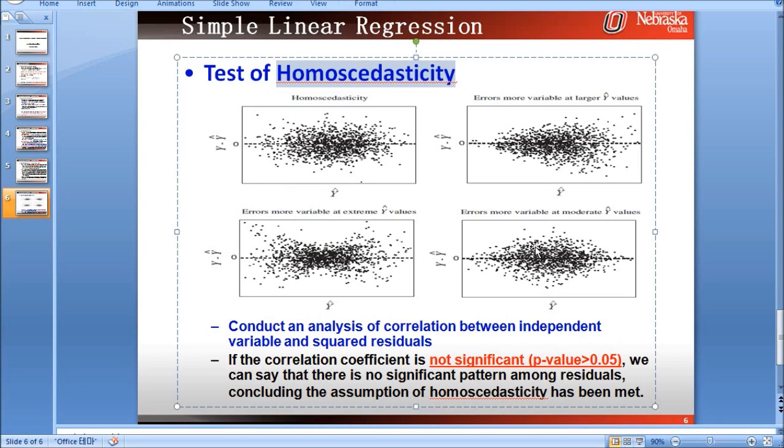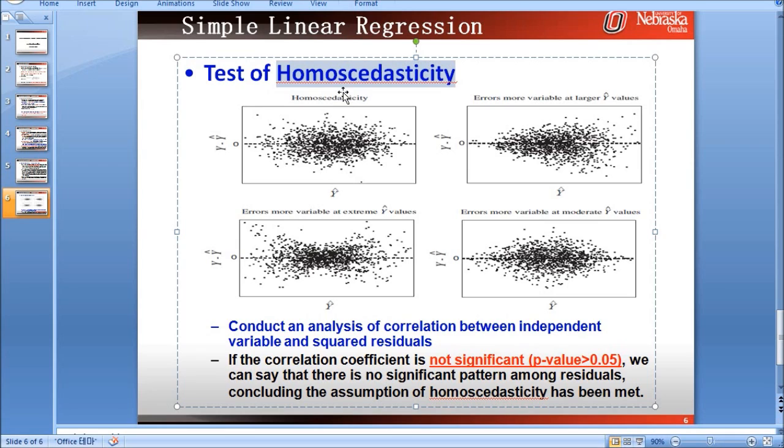Let's take a look at the figures in this slide here. We have 4 different figures, scatter plots about estimation errors. If you see a significant pattern about estimation errors, then you have to suspect the violation of this assumption of homoscedasticity.